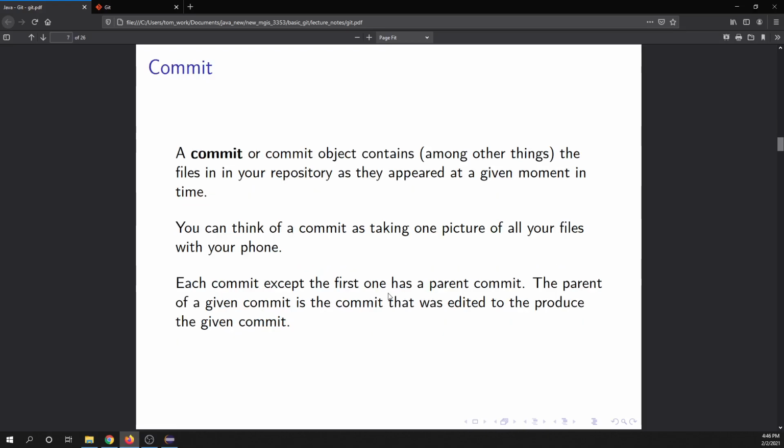All right, the next idea is the idea of a commit. A commit, or a commit object, contains, among other things, the files in your repository as they appeared at a given moment in time. You can think of a commit as taking a picture. Say you have a bunch of files that make up your project, a bunch of .java files or whatever else, and you take out your phone and you take a picture,